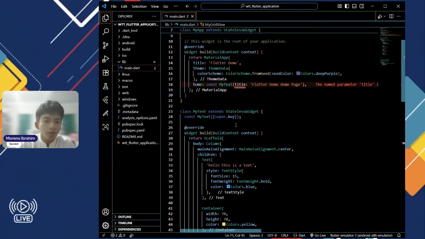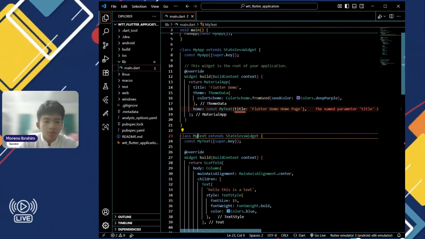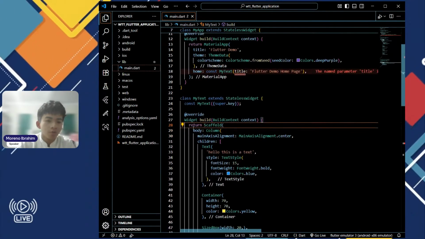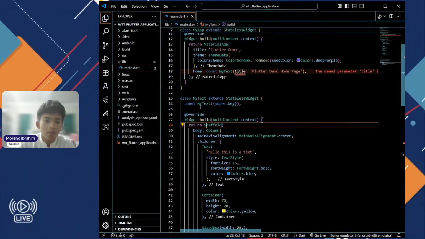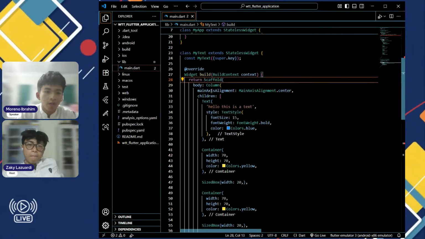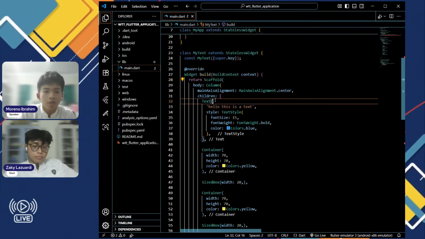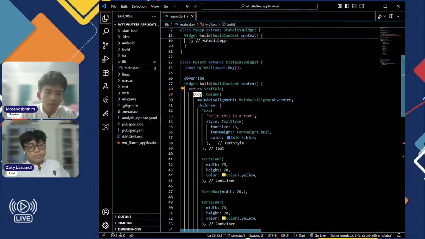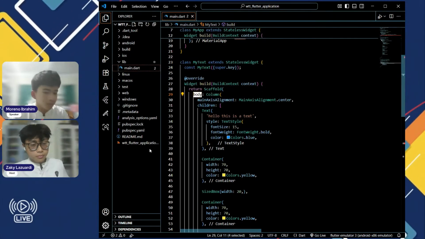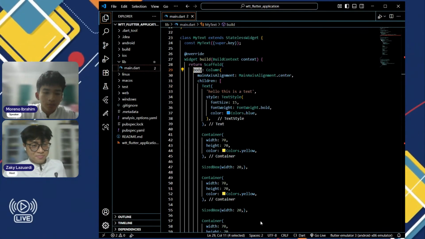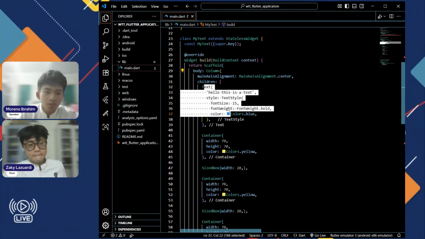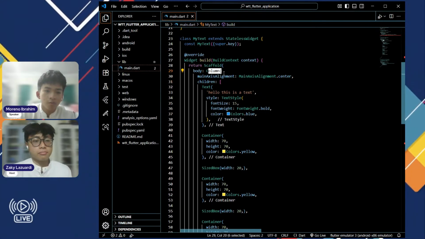So to rewind again, we learned how to use text, and the basics on how to start to create a widget by typing in STL, then deleting the const and renaming the placeholder to Scaffold, and then inside the scaffold we have a body, and how to use the text widget, how to use children, how to use column,